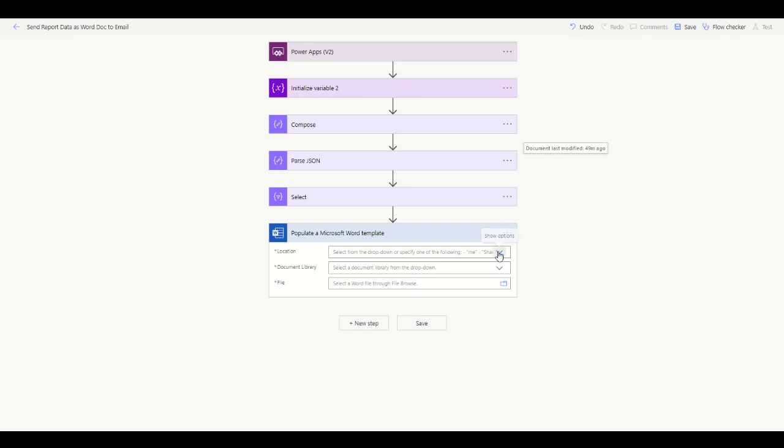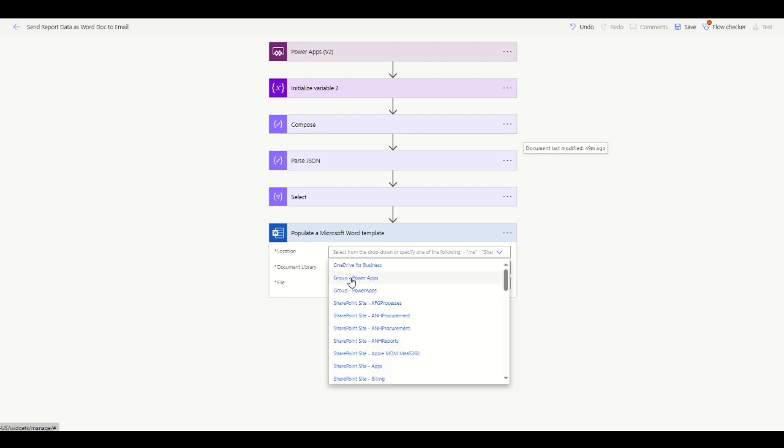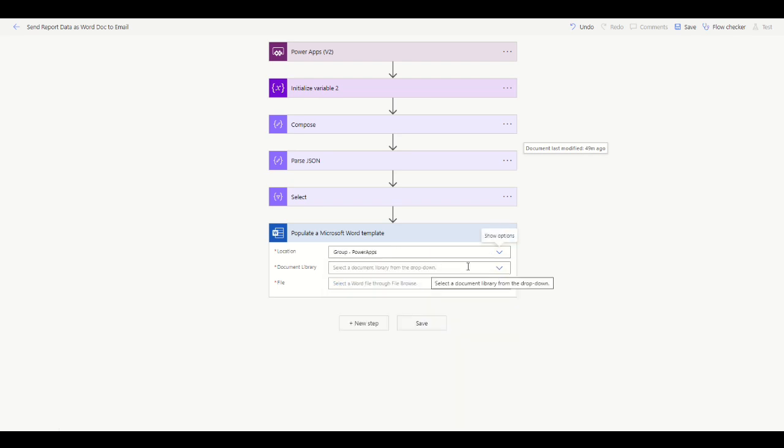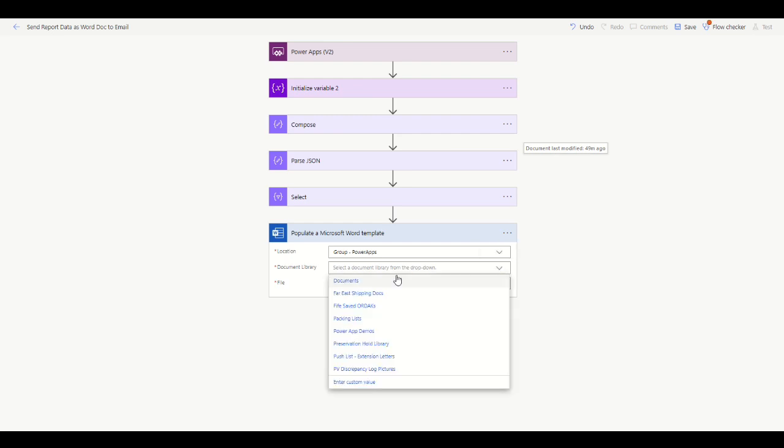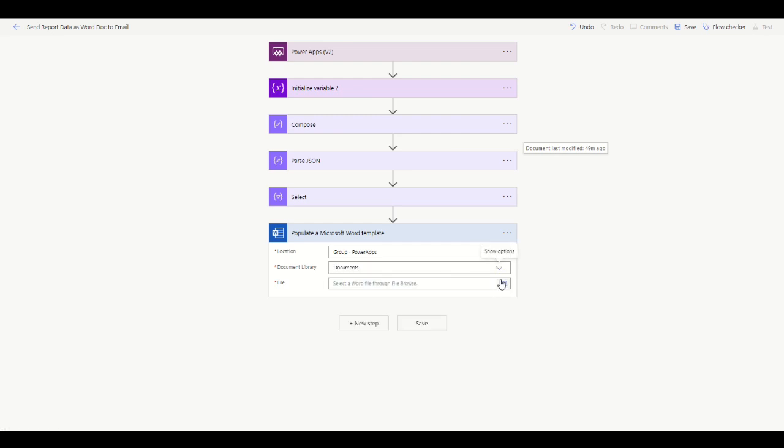So the location, it's going to ask me for my specific location, group Power Apps. So document library, just documents, and the file name,